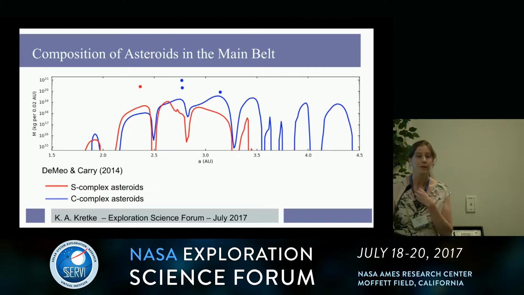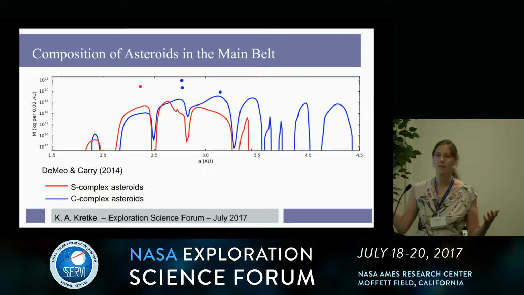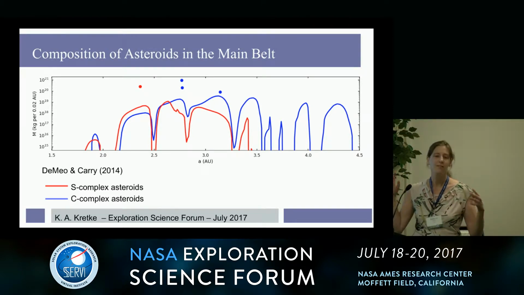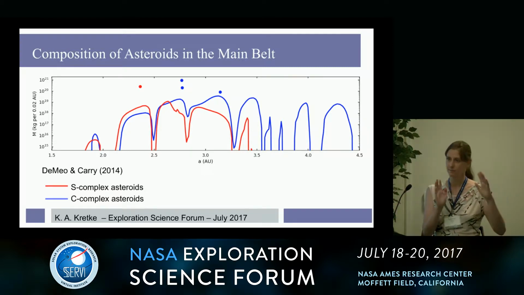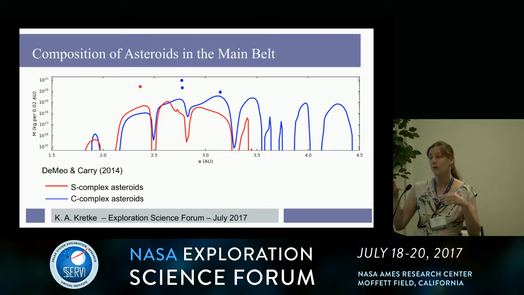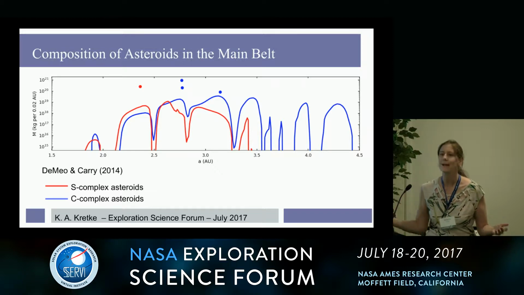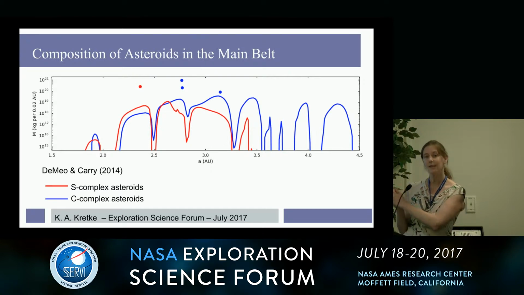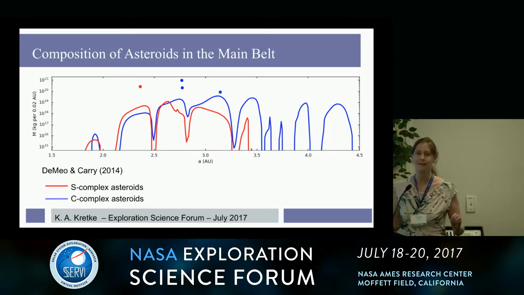So we've known for a long time that the asteroid belt is in general composed of two different types of material. There's the bright, volatile-poor, S-complex asteroids, which were originally thought to be mostly in the inner region of the asteroid belt, and the C-complex, darker, volatile-rich asteroids that were originally thought to mostly be in the outer part of the asteroid belt. And this led to a nice picture that we had this gradient in volatility that corresponded with this nice gradient in condensation sequences in the early protoplanetary disk, and everything makes